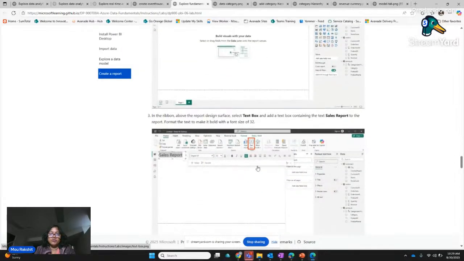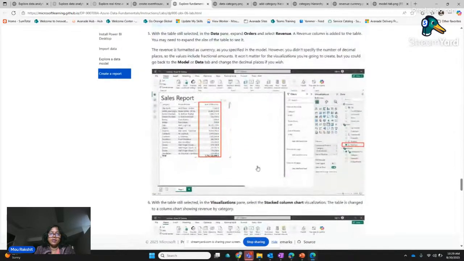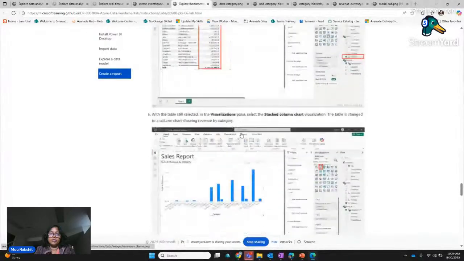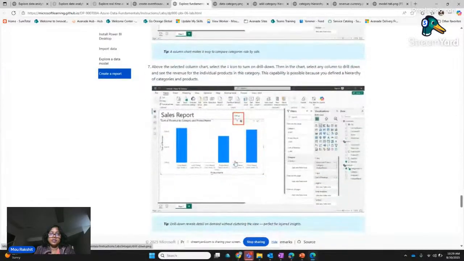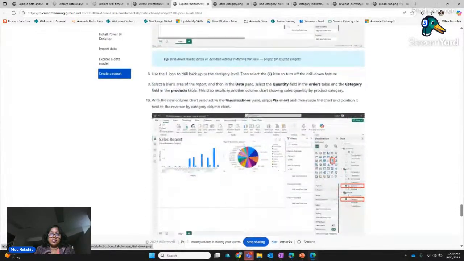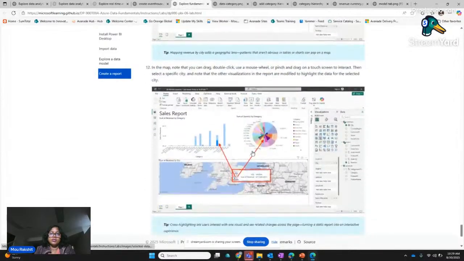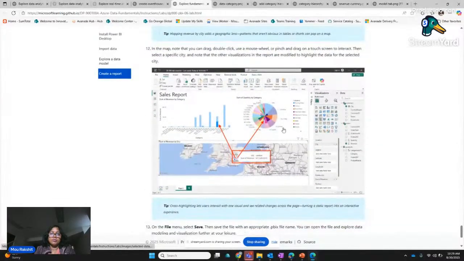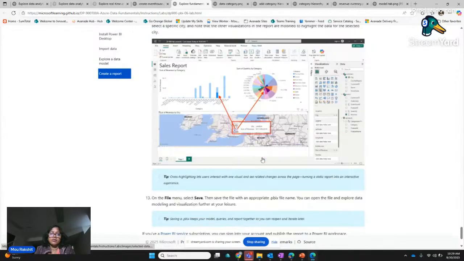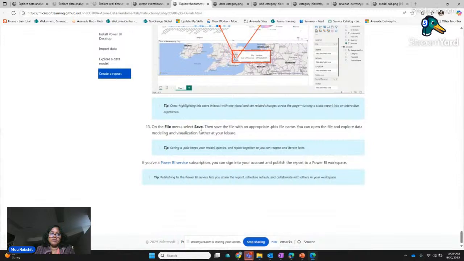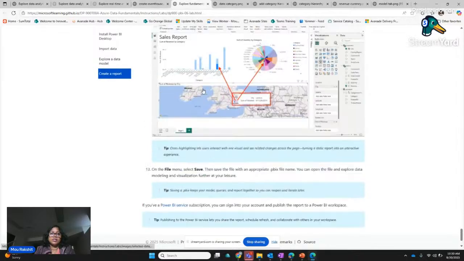Once the visuals are ready, when you scroll, this is a tabular report. This is a bar chart. This is again also a bar chart, and your pie chart, and then your map visualization. Once you have it, you can put filters. They're also going to work as a cross filter, and then you can publish it and save it. If you have a Power BI subscription, you can also publish it to the Power BI service from the desktop. Okay, so that is the exercise.